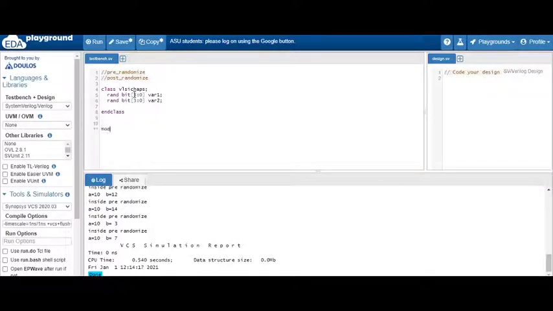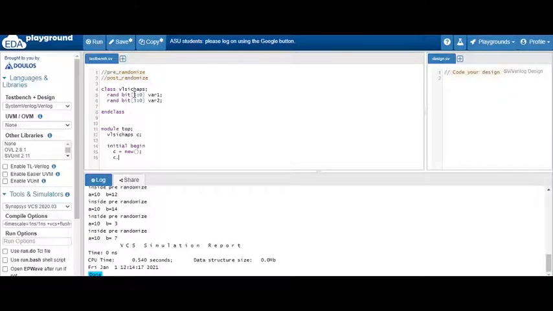In module top you can give any name, top is just a name. In module top you first have to declare the handle for our class. What is our class name? VLSI chaps, and just give the handle c. Then in the initial begin block you have to use the new method. Using this new method you are assigning memory to our class. This is a very important step, you have to do this in every program. This new method is very important. You have to assign the memory first, and only then can you perform all the operations on it.